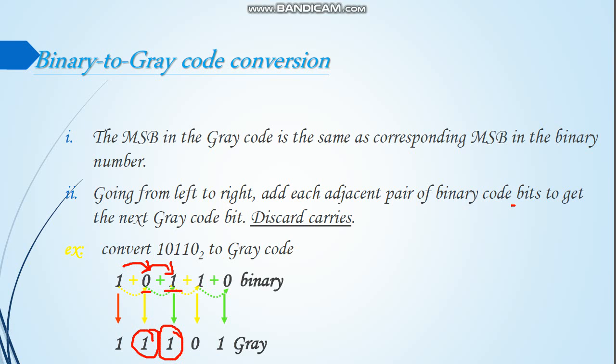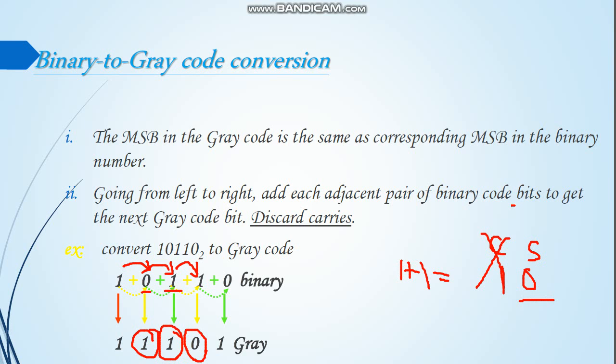The sum is 1. Now at this point just pay attention. Here both the numbers are 1. So what is the addition of 1 plus 1? We get a 0 and a carry 1. Here 0 is the sum and 1 is the carry. When we get such an answer for 1 plus 1, we have to discard the carry and record only the sum. So for 1 plus 1, the sum is 0, the carry generated is 1, but that carry has to be discarded.